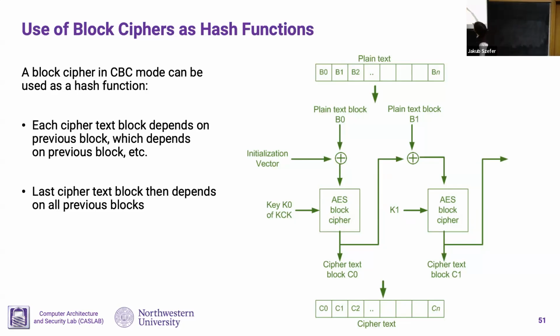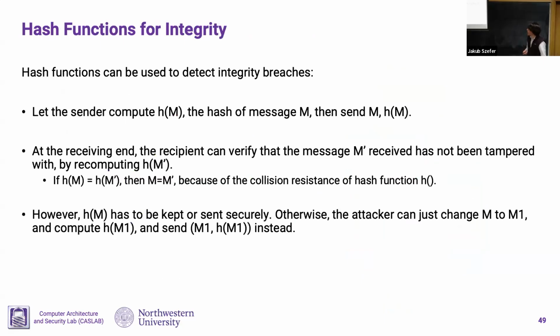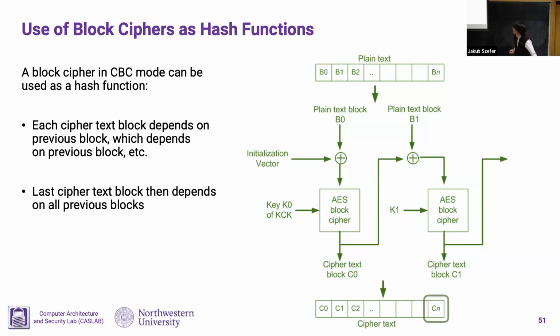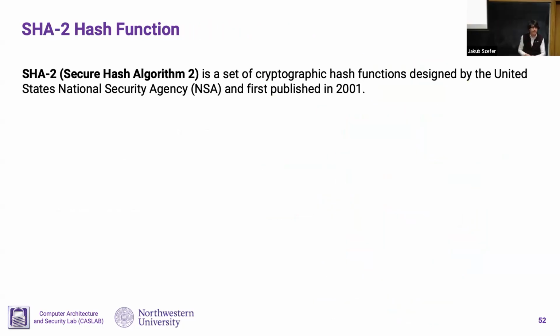You could take your plain text and keep encrypting in the CBC mode, and then the last output of the CBC mode would be your fingerprint of the message. This will be only 128 bits because of the block size, so it's maybe not as secure as a hash function with 256 or 512 bits, but it's possible. So if you have a block cipher, you could use it for a hash function with a little bit lower security. If not, or if you have a dedicated hash function, usually